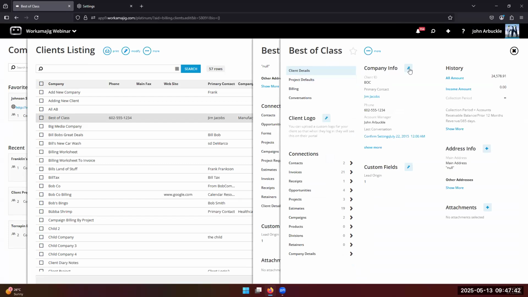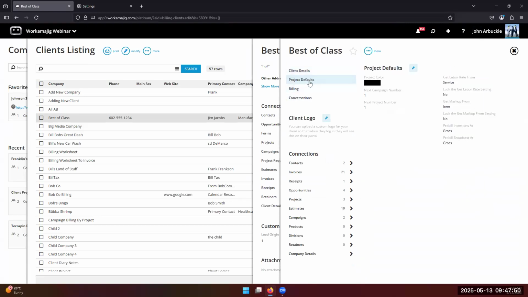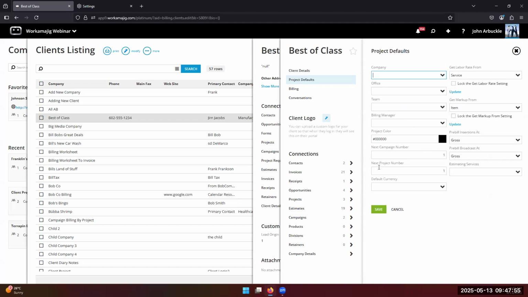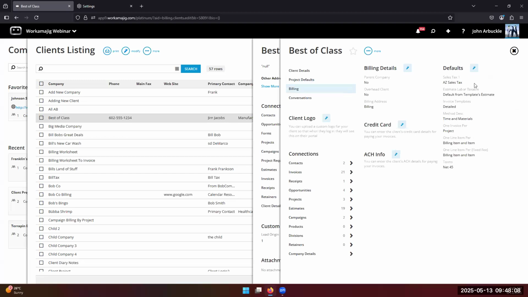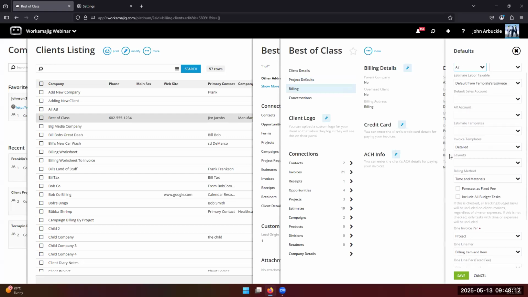So let me default some of the information in. This is pretty typical: who's the account manager, who's my salesperson, and when I create a project, who would fall under that? But I can also do on the project side, maybe default in some information such as, do I pre-bill it net or gross? Where does the markup come in? Things like that. But also in the billing area, I can define, when I create a project,